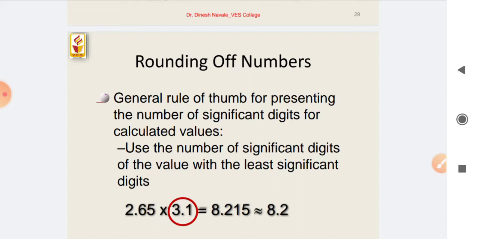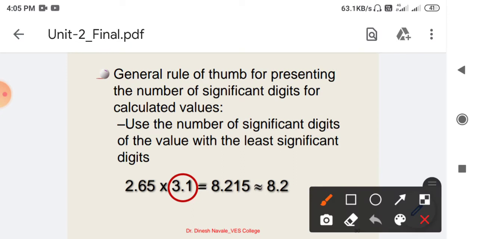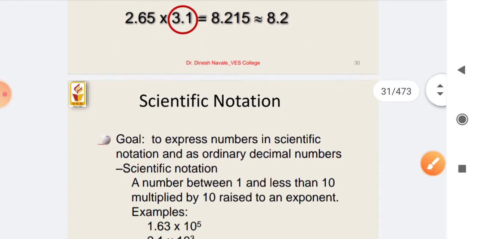Next, if we use this significant figure rounding off method for the multiplication of two numbers, then we have to round off the answer to the least significant digits. So for multiplication we round off the answer to the least significant digit. Here we have been given the multiplication of 2.65 into 3.1. Finally the multiplication is obtained as 8.215, which can be converted into 8.2. Why is it so? Because adjacent to 2 is 1, which is less than 5, so we can simply write it as 8.2 up to two significant digits.